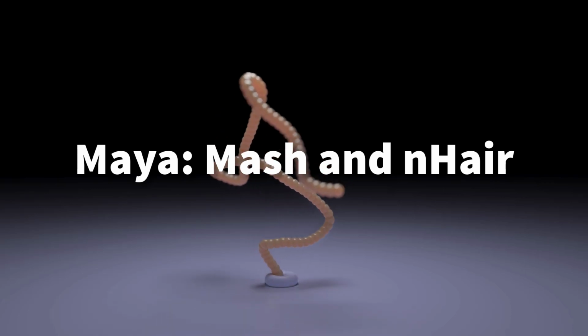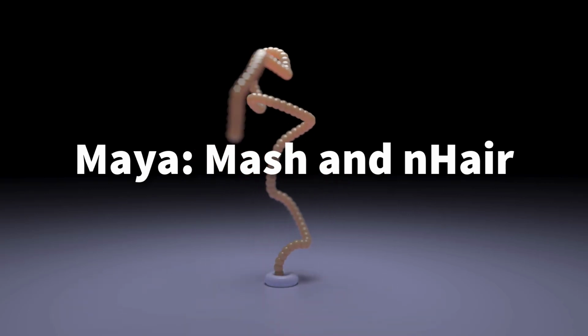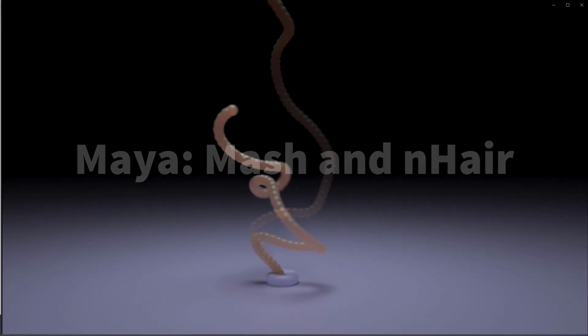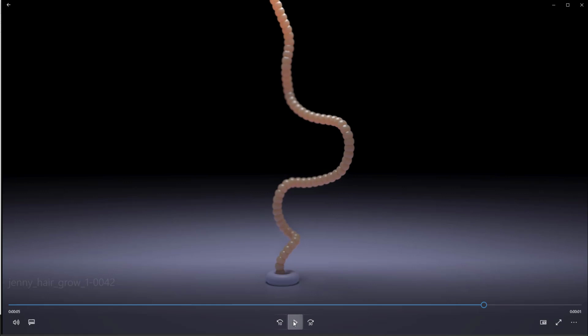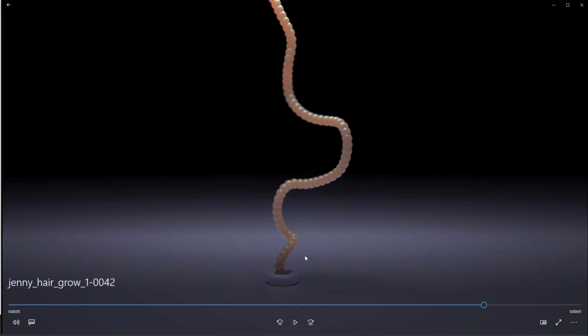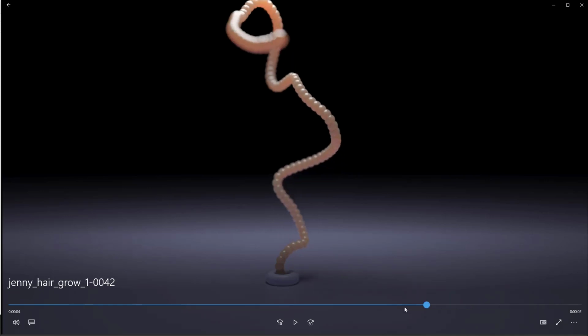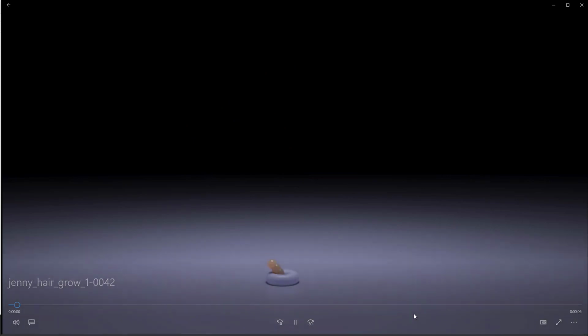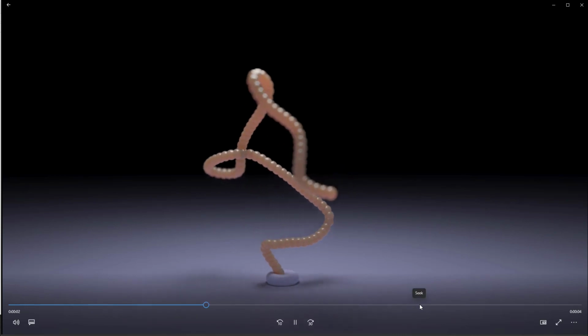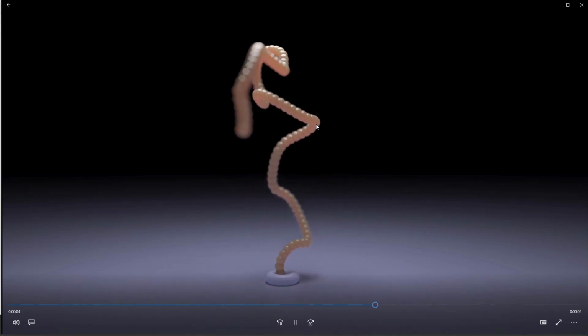So today we're going to look at a technique for combining mesh with a dynamic hair to create something like this. This was from an animation where somebody is making the translation of a polypeptide chain from a ribosome and wanted to make the growing thing more dynamic. It actually also looks like a goldfish pooing a little bit,